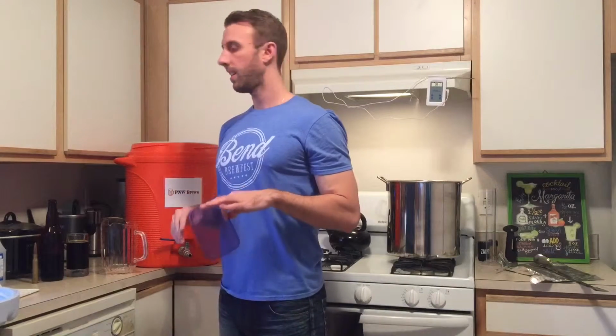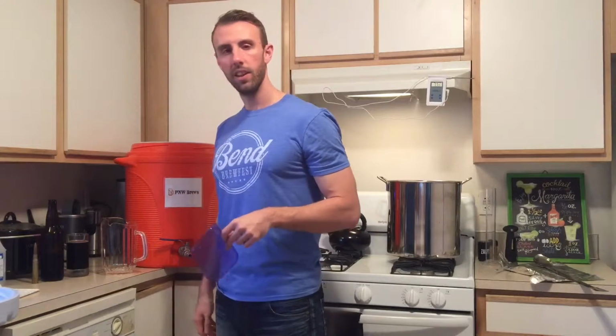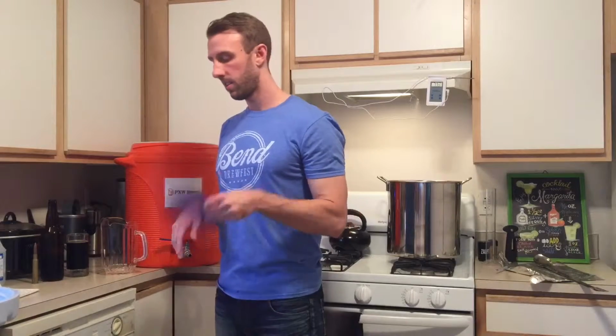Alright, so we added in the mash out water, raise the temp up a little bit. Let it sit for 2 minutes. It's time to start the first runnings here. So it's gonna be my first time trying this, but I'm gonna try and put this Tupperware lid,